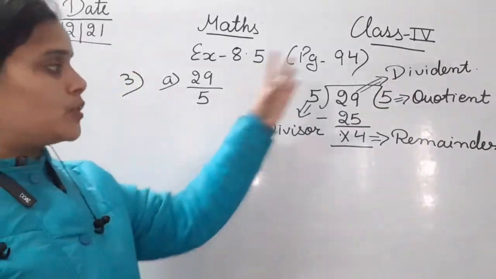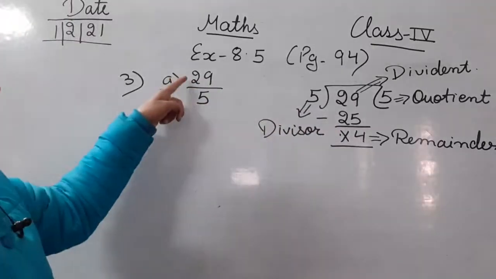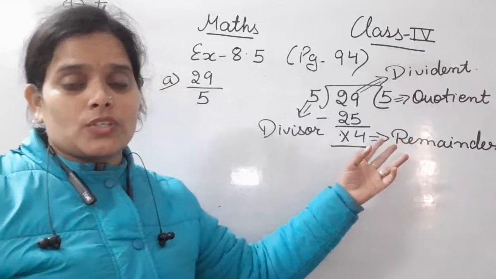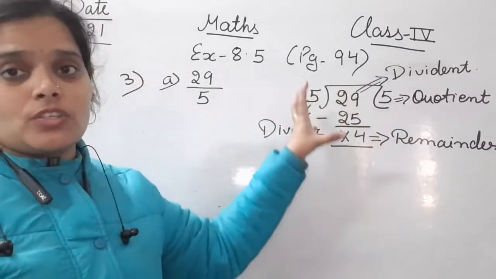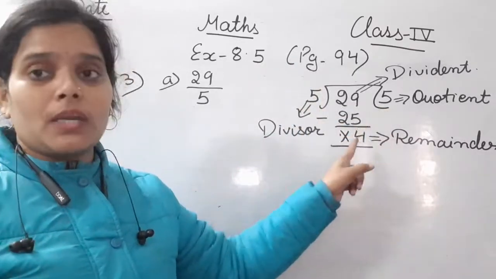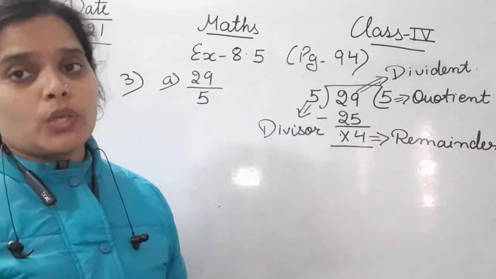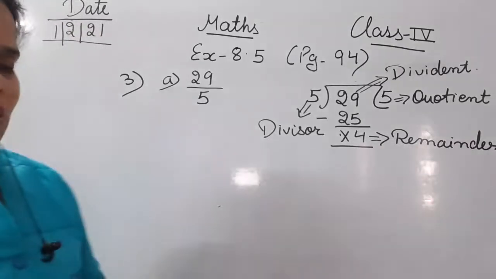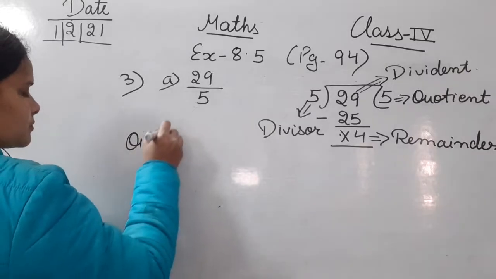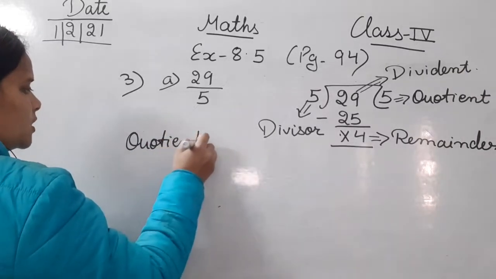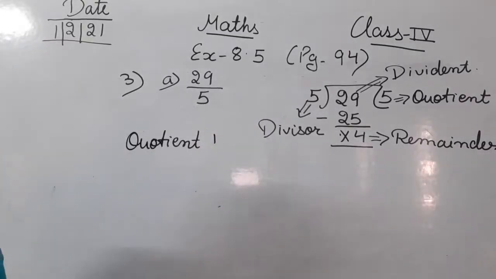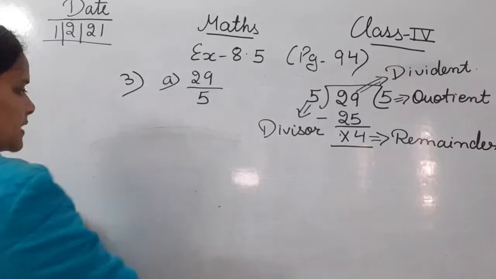So देखिए, when we have divided 29 with 5, we got some remainder as well as this quotient. So now, the divisor, quotient and remainder, not the dividend, by using these three we are going to write the fraction into a mixed fraction. For that we use a method, we write it like this. हम इसको इस तरह से लिखेंगे.